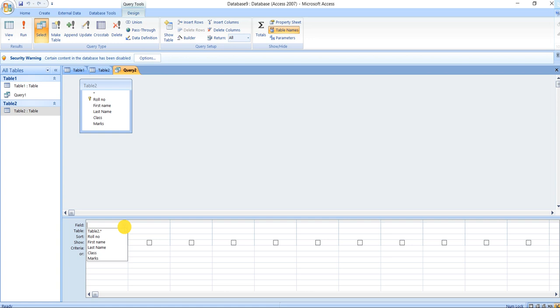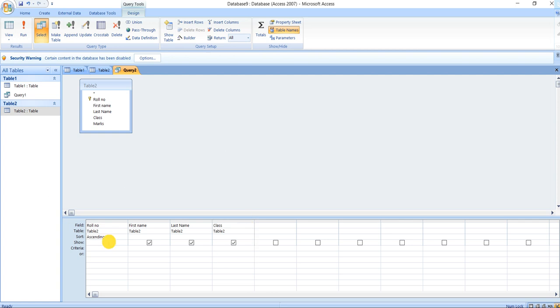So first of all, I'll select the table field as roll number, then sorted by ascending order. Now for the second field, I'm taking first name, then I'm selecting last name, then I'm selecting class. So these things only I have.